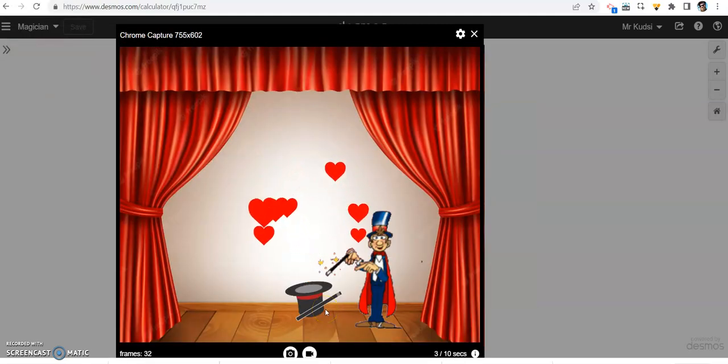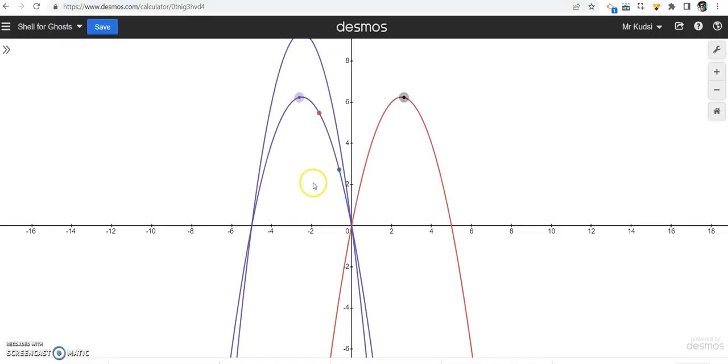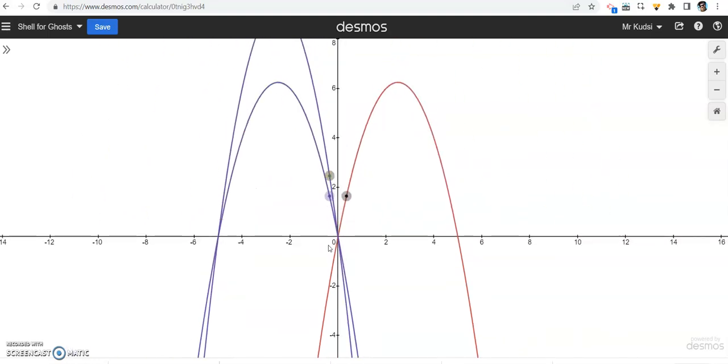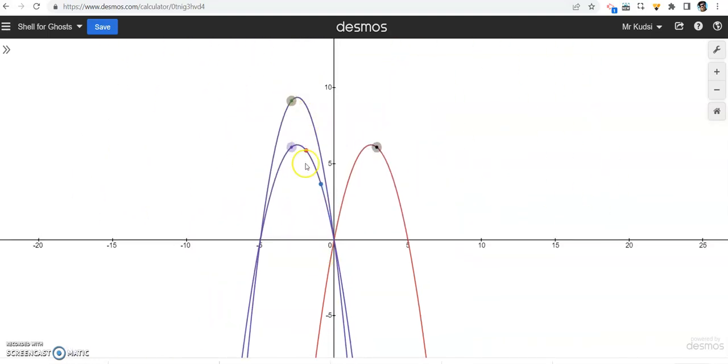The same equations, copied the file and just swapped out the ghosts for hearts and got this magician guy doing it. So at the heart of all of it was just a couple parabolas. In that case, I only used 3 parabolas. I used a couple more than 3 points. Oops. You can see 1, 2, 3, 4, like 5 points. But there's really only 3 parabolas they're